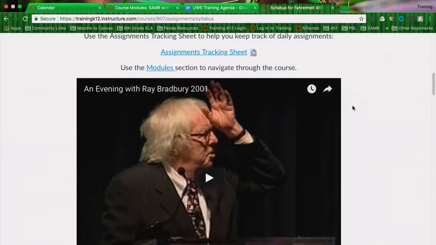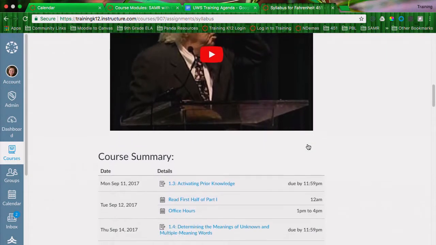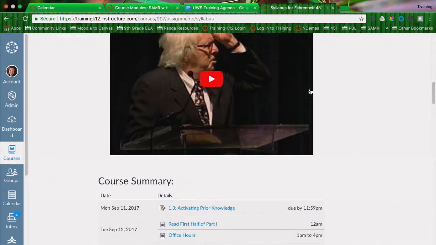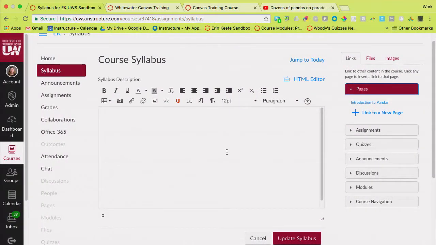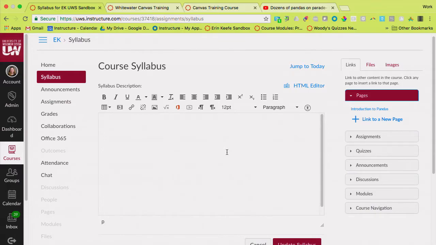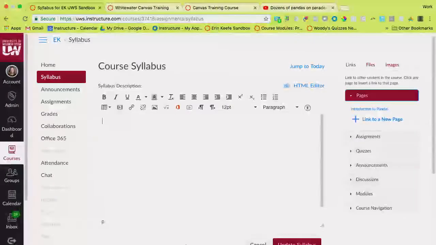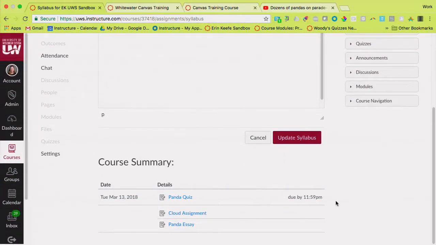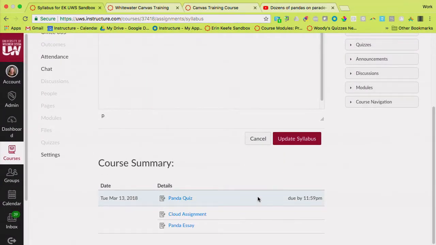I've also linked to other tools they might need, the assignments tracking sheet for my course, and then I have a little video in there of Ray Bradbury, because this is a course about Fahrenheit 451. So you do have that syllabus description box up there at the top with the rich content editor and the content selector, so you can customize the top of that syllabus space. It's just the bottom part that's going to be that self-populating syllabus.